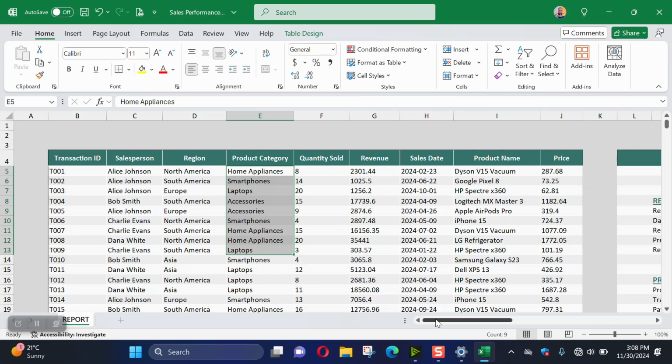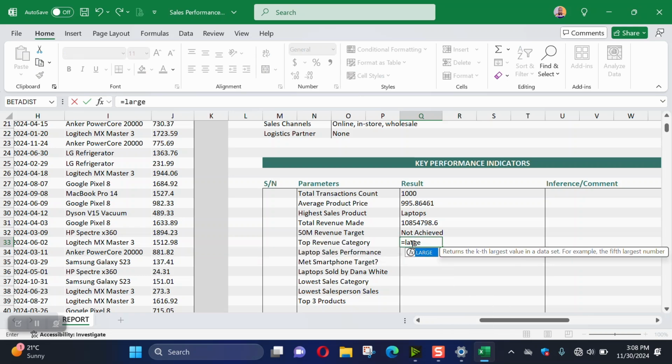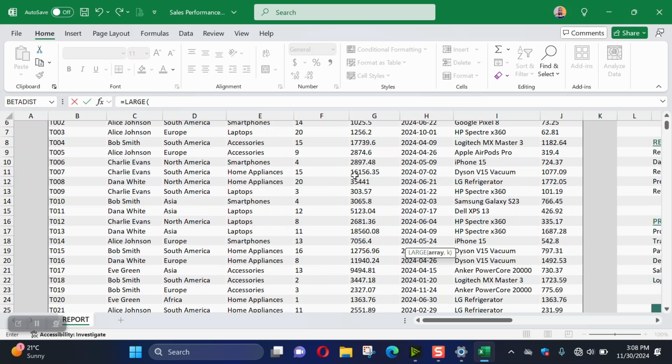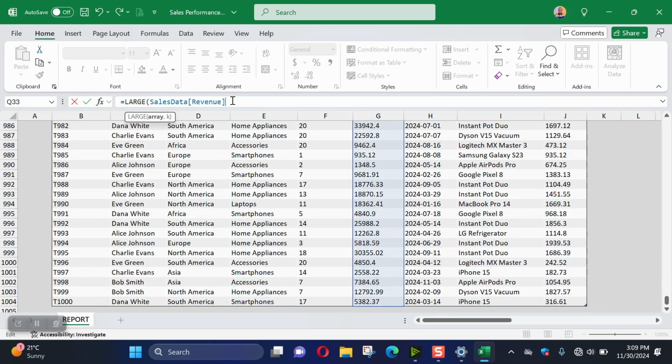I hope you get it. So in this situation, for me to calculate the highest, I can either use the LARGE function or the MAX function. Since I've already used the MAX function in the previous example, I will use the LARGE function in this case. So I will introduce the LARGE function, then I will specify this particular column as my array. I'll make the selection downwards,